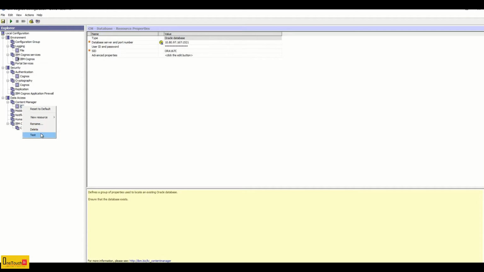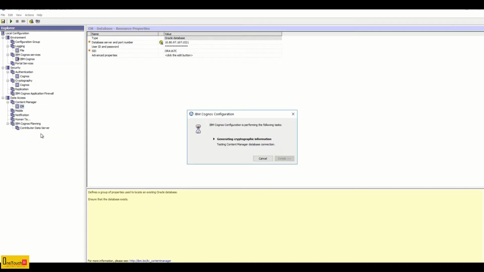Since I have already provided all the required information for the content DB, you can simply click on test, and then click on next.